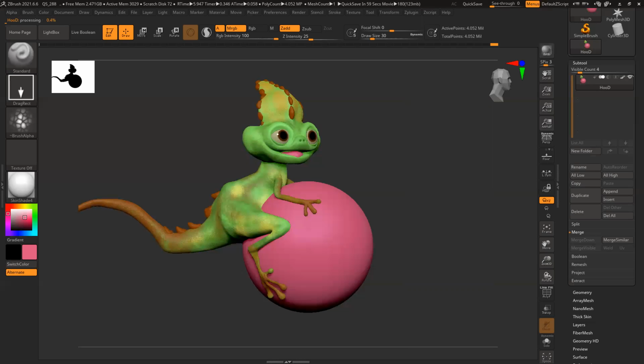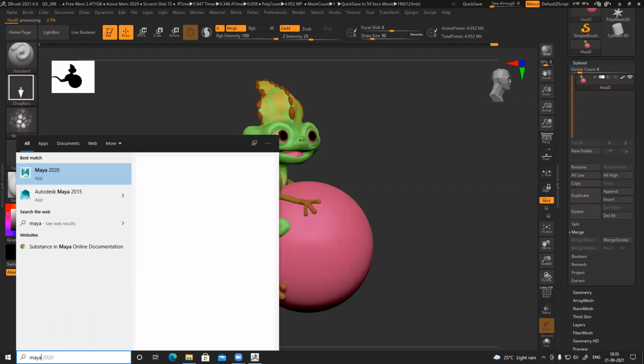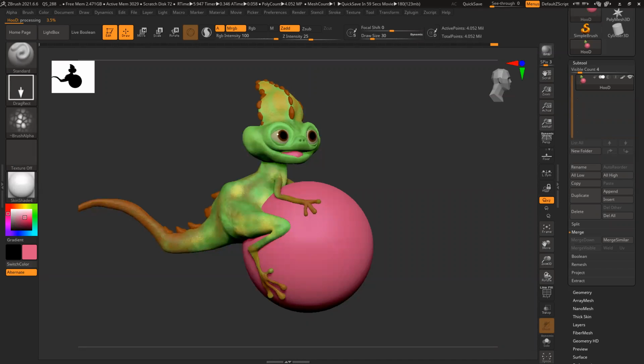By the time it processes, I'll open Maya. Because whatever you create, at the end of it, you have to render it out for showcasing. And Arnold render is way better as compared to ZBrush. That is something we can definitely use and create very good results, because Arnold has skin shader and everything, so it gives you very good quality results.